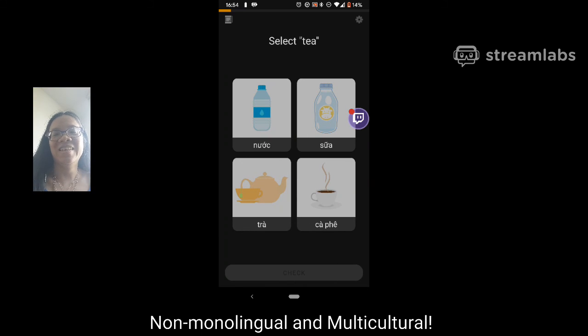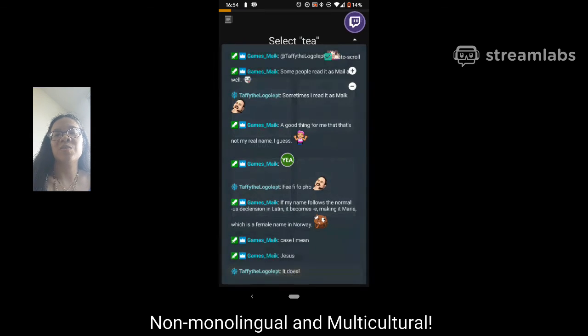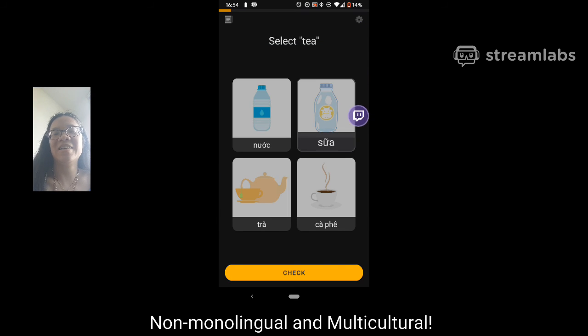Oh dear, we're resorting to this old style SMS messaging. Sữa. It's soy in Cantonese, Taishanese, whichever one my mom taught me.